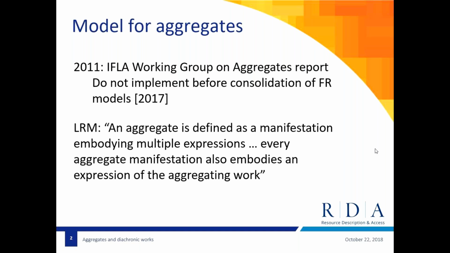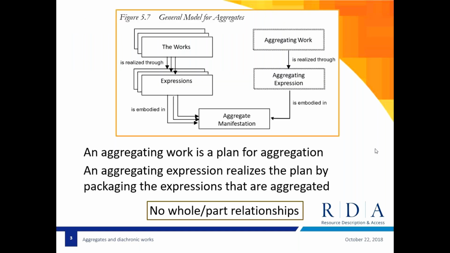So this is better illustrated by a diagram. This is taken from the LRM itself, the general model for aggregates. And on one side, can this pointer work? Which one is it? Yeah, this one. This is the multiple expressions which are embodied in a single aggregate manifestation. And of course, according to the model, every expression has a corresponding work. It's a one-to-one relationship. And then the aggregate manifestation also embodies something called the aggregating work, which is this intellectual